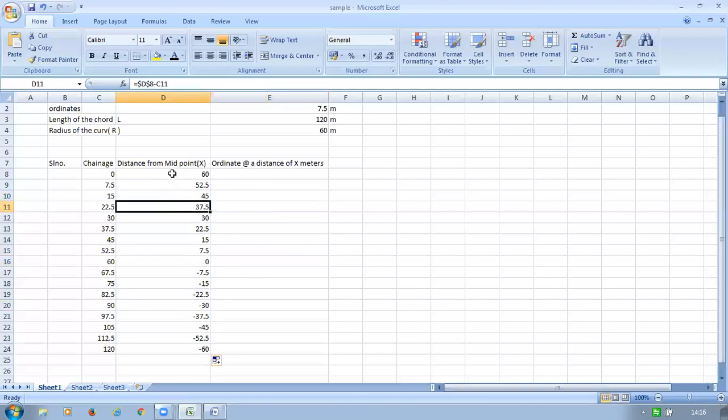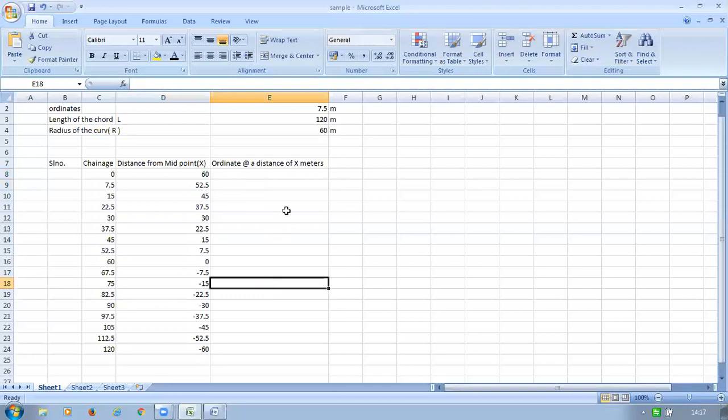Okay, we have to keep the constant, means we have to keep the cell constant, means we have to put a dollar symbol here. Whatever the value you change here, it will change here. Okay. See, for example, I change it to 50. See, all the values have been changed. So that's how you're going to work. So you change it back to 60 itself because we have the 60.